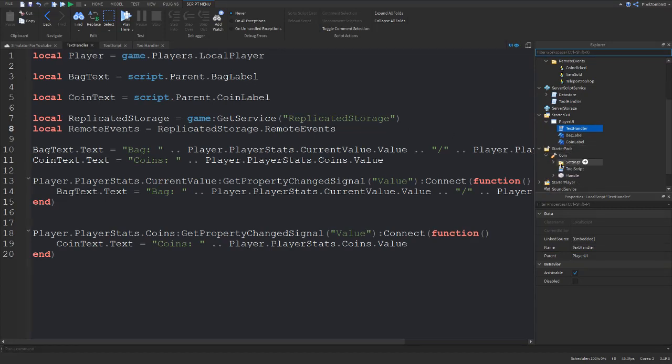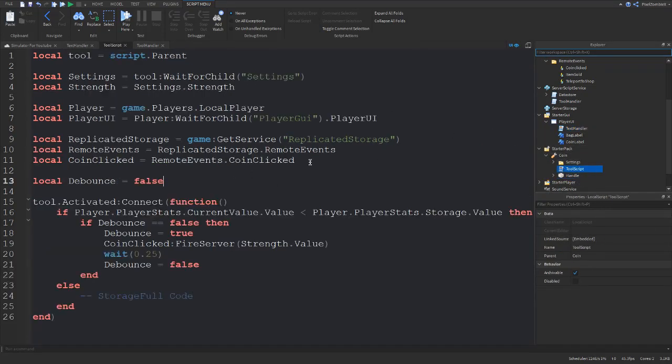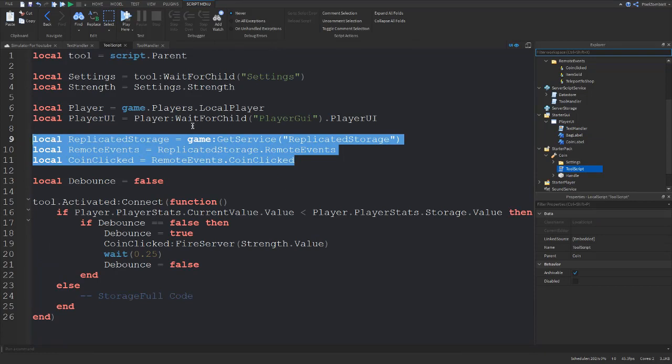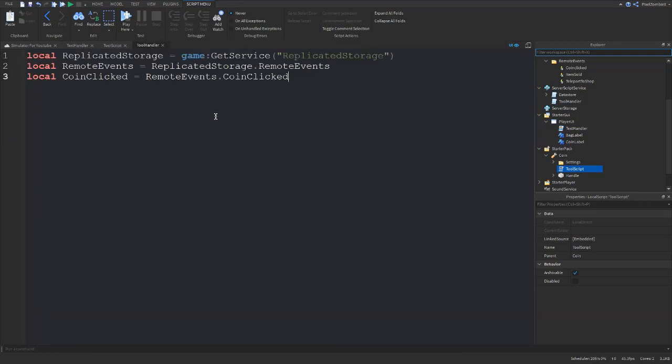Again, wrong script. Okay, tool script. We're going to go over to our tool script and we're going to copy this exact chunk right here. Go back over to tool handler and paste her in because we need her. So do coin clicked dot on server event connect